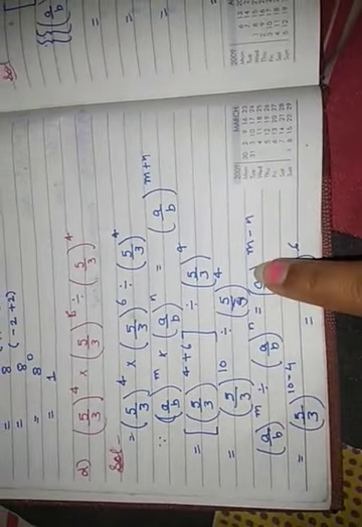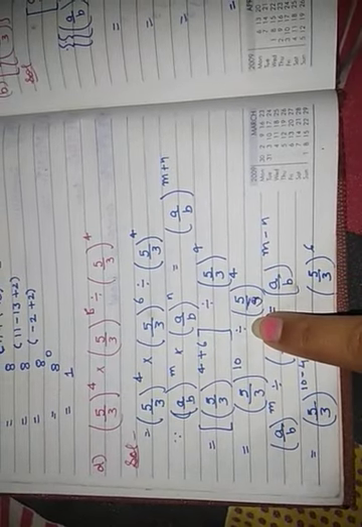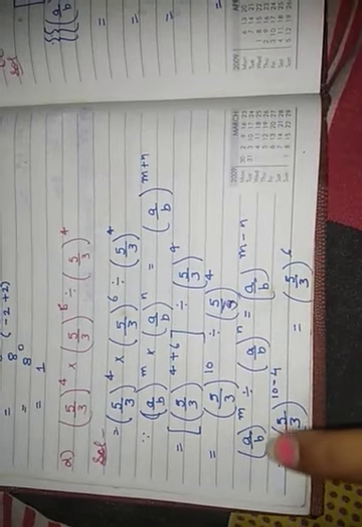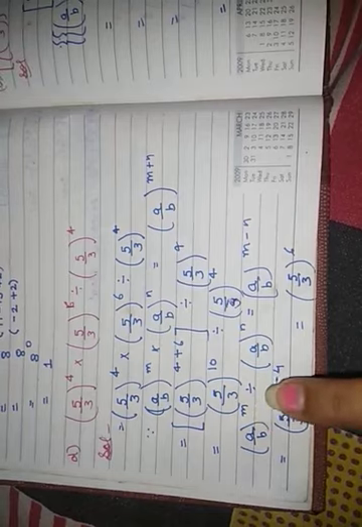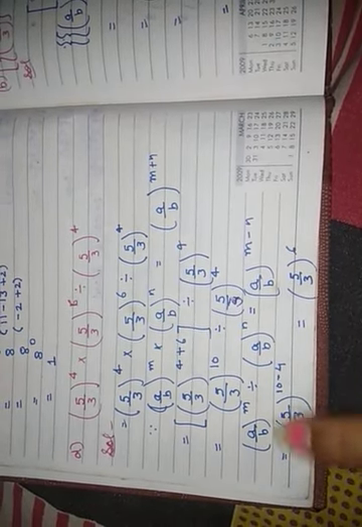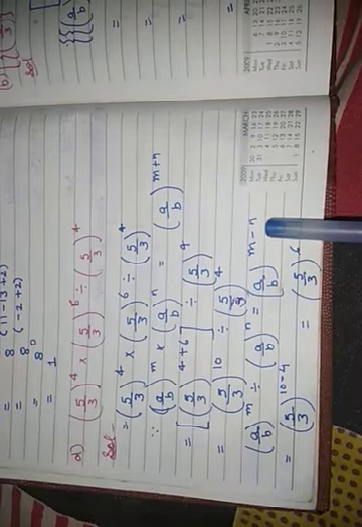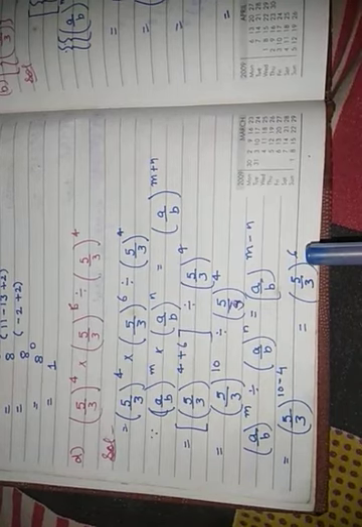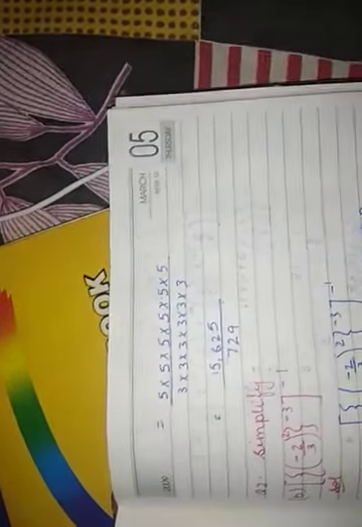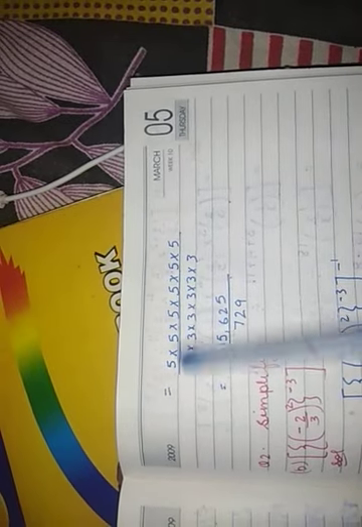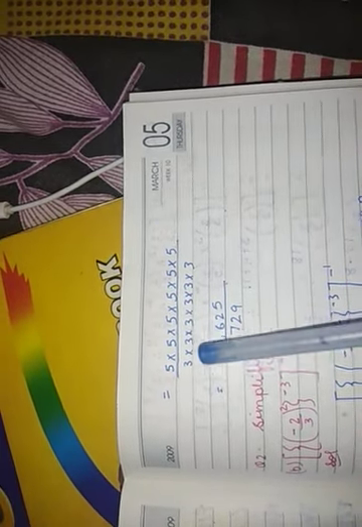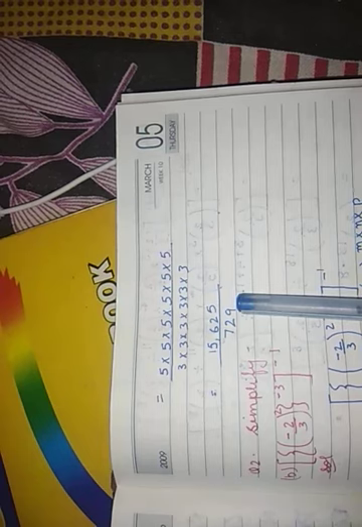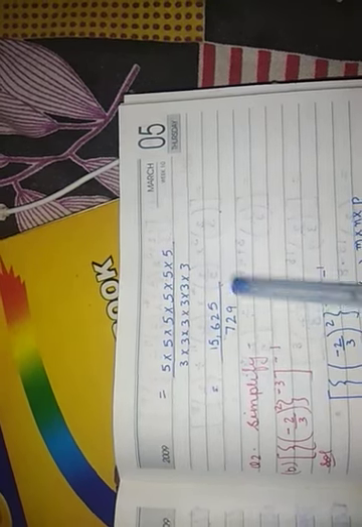Now the same bases are there, but the bases are in division. So the law says that if the same bases are in division, the powers get subtracted. So write the expression a upon b raised to the power m divided by a upon b raised to the power n, and since both the bases are in division, we'll subtract the powers. So 5 upon 3 raised to the power 10 minus 4, that would be 5 upon 3 raised to the power 6. Expanding this expression further, we'll just multiply 5 six times, 5 into 5 into 5 into 5 till 6 times, and again in the denominator 3 into 3 into 3 six times. So the final answer would be 15,625 upon 729.